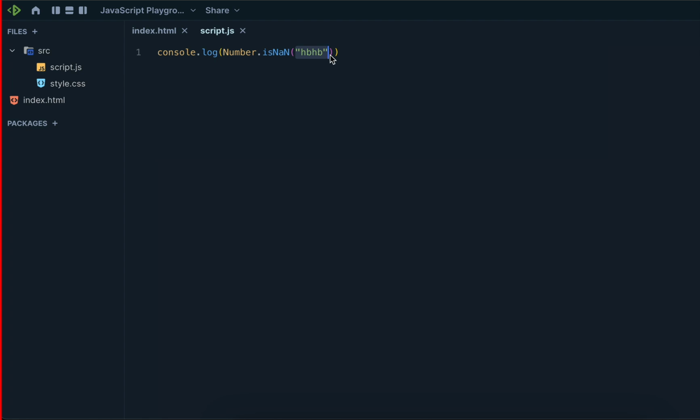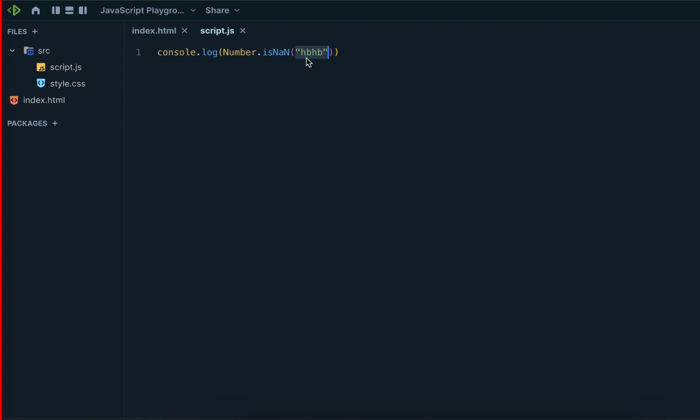We have the string, the content inside the quotes. Non-numerical. Can you elaborate on what you mean? Sir, it checks whether the argument is true or false.